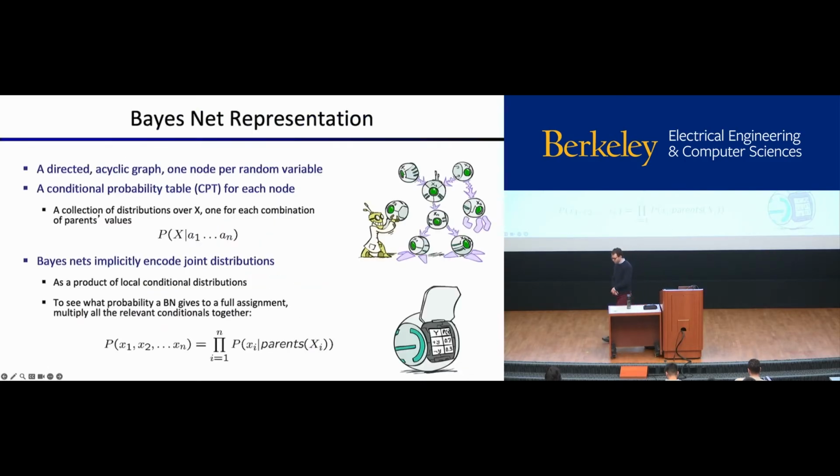Yeah, so just a little bit of a refresher. A Bayes net is a graph, and it's a collection of conditional probability tables. So the graph tells us the structure. It tells us which variables depend on which other variables, which ones are conditionally independent from which other ones. And the structure is encoded in this graph. And then each node in the graph corresponds to a particular variable in this joint distribution, and it will be associated with a conditional probability table where the conditioning variables are the parents in the graph.